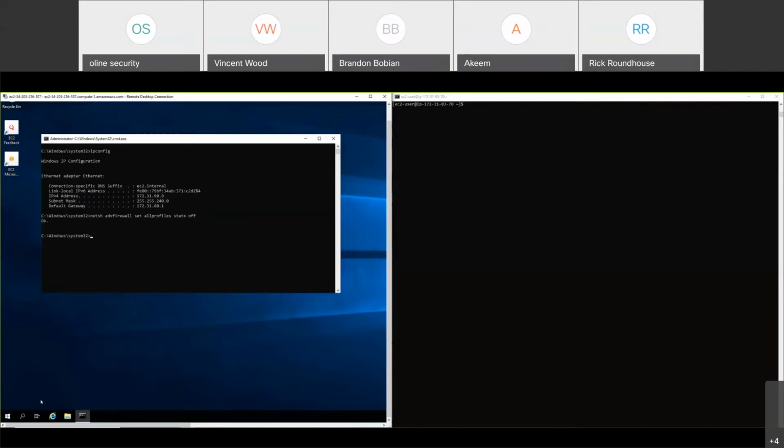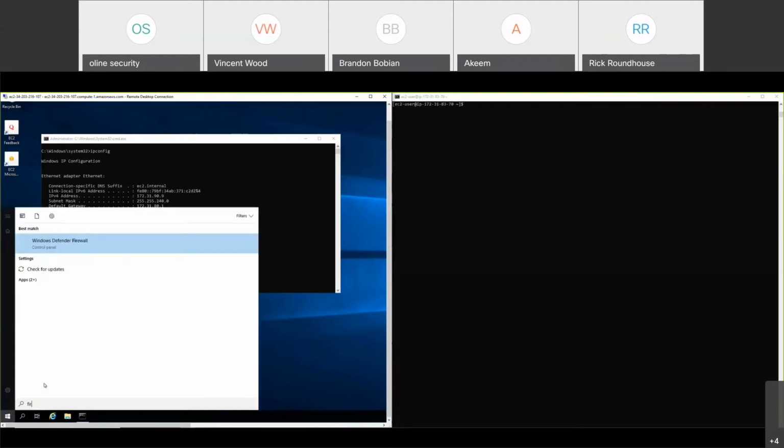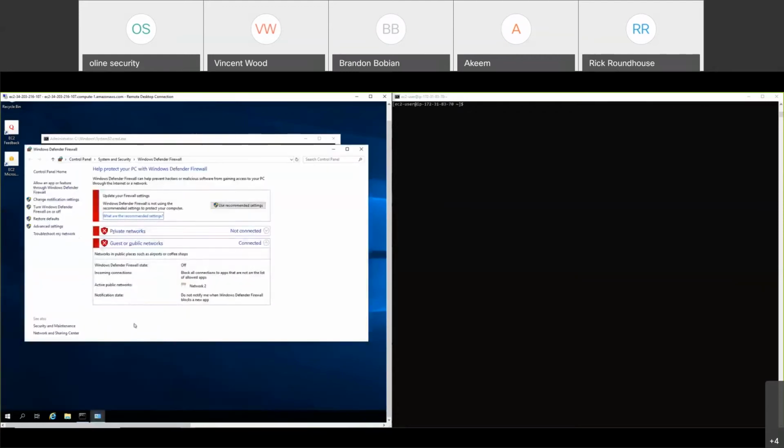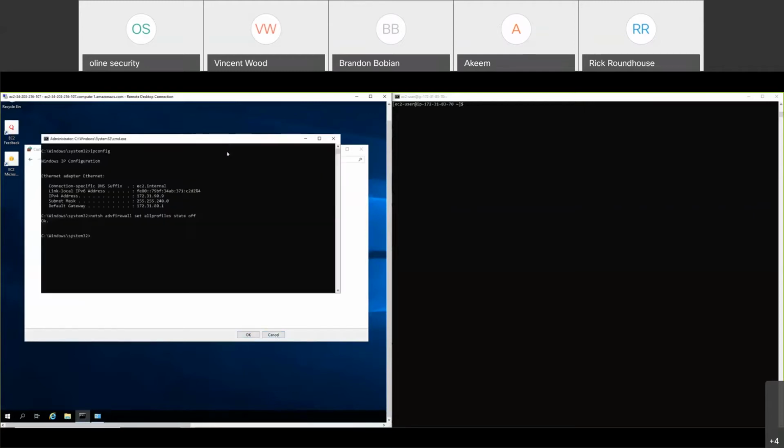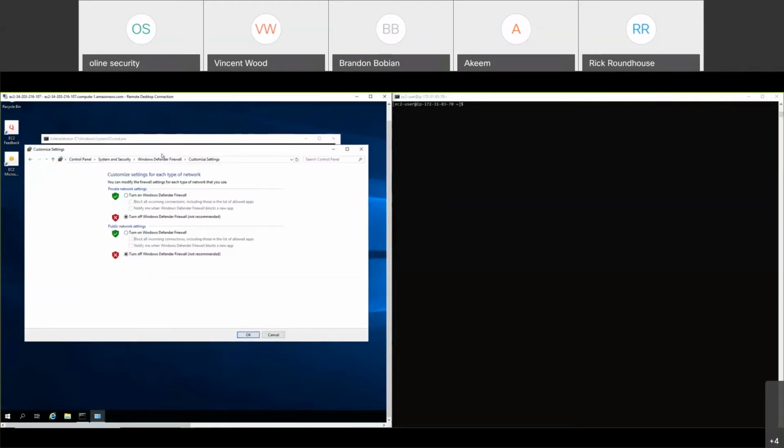Cool. So my firewall should be off now. Yes, it's off. You didn't have to do that. You just go here and you turn this off, you turn that off. But if I was a hacker, right? The reason I like to make sure my command line skills are up to date is that if I was a hacker, I'm not going to get this pretty GUI, this graphical interface.